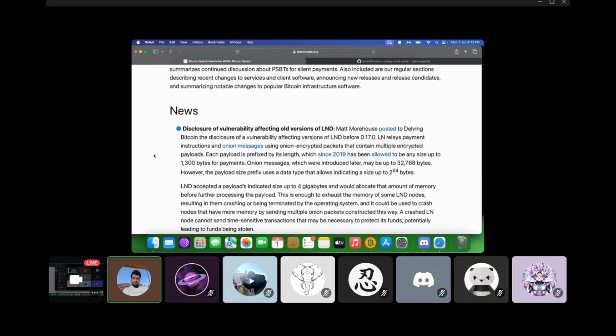It's basically an L2 for the Bitcoin mainnet. We all know what the Bitcoin mainnet is. I'm assuming all of us might have used it or learned about it. There are certain limitations of the Bitcoin mainnet. One of them is that it's not very cost efficient to make small payments on Bitcoin's mainnet because the fee is very high. And also the settlement time is pretty high.